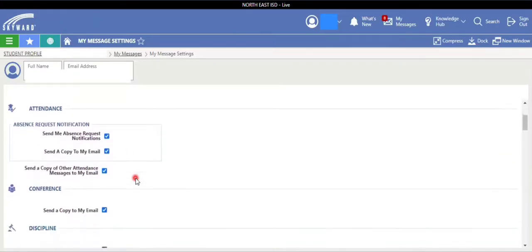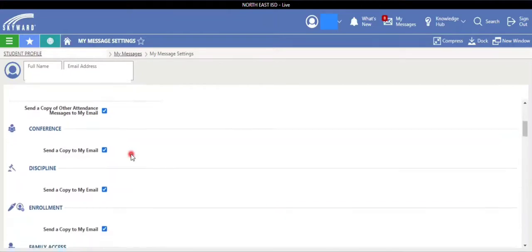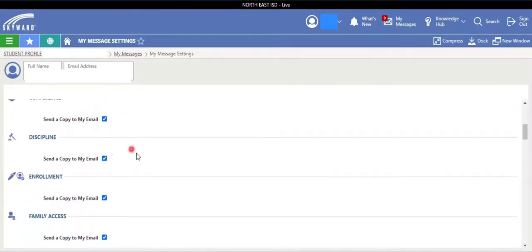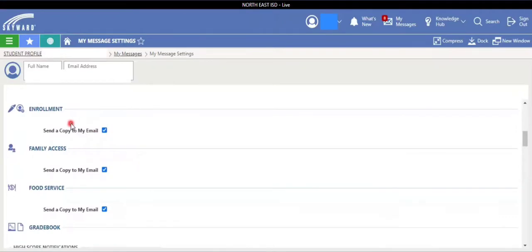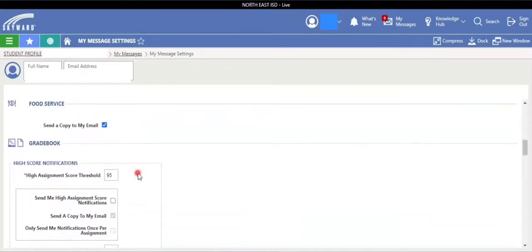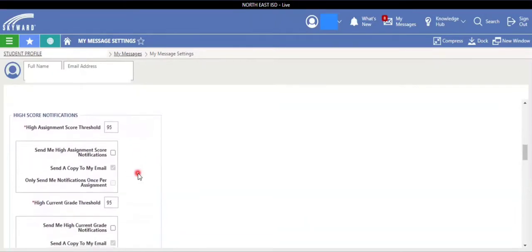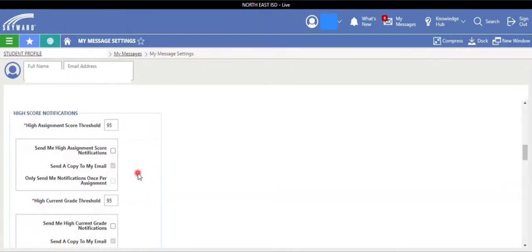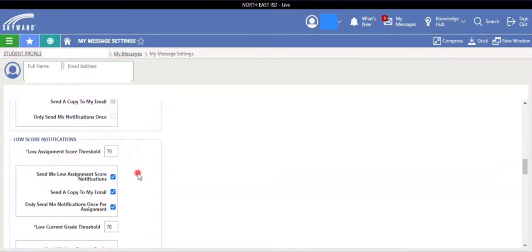want. But let's say my student's absent. Well, I need to know that. Do you see where it says send a copy to my email? Definitely click that. Conference, if the teacher's requesting a conference, or let's say they get in trouble at school, if they're enrolled or unenrolled, family access, food service, any of those things I would need access to. Gradebook, I'm not sure about this. I don't quite understand why I would have a high threshold, but the important one,